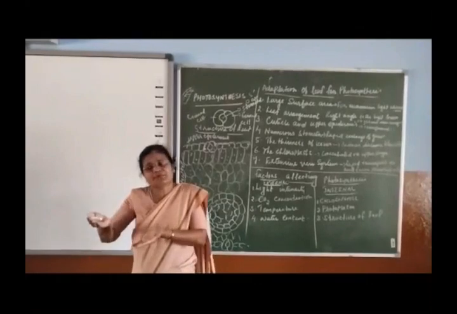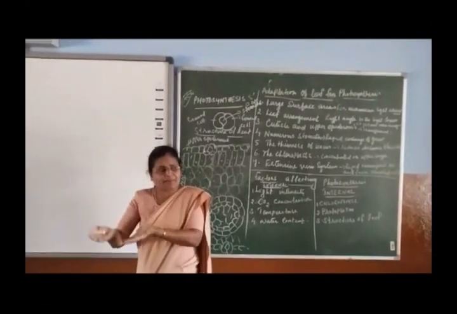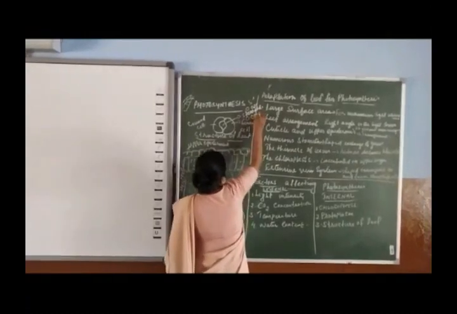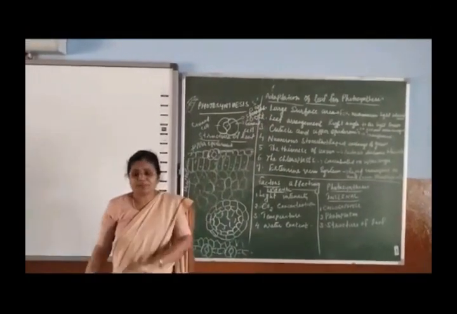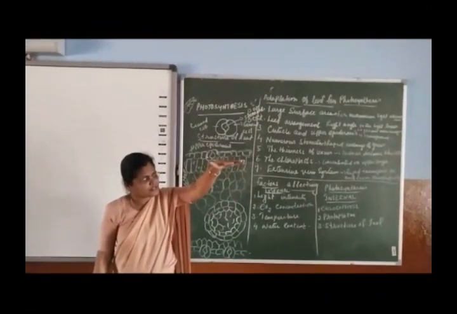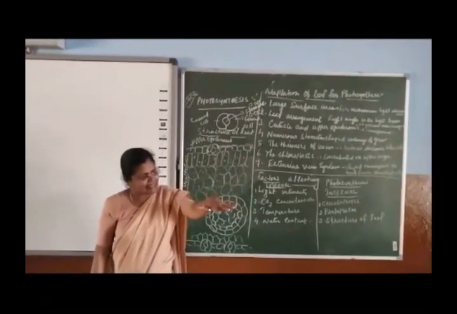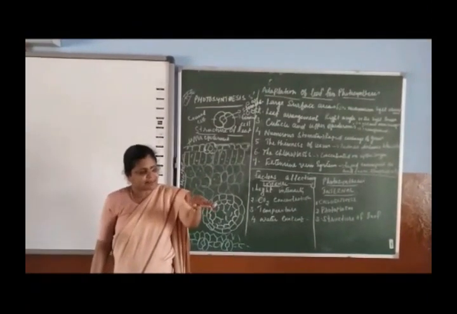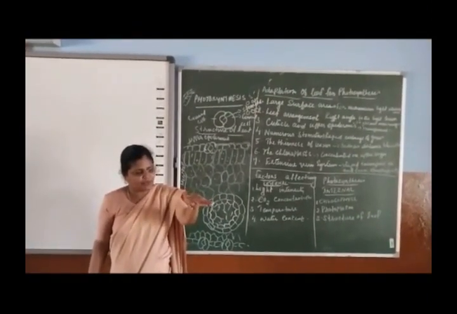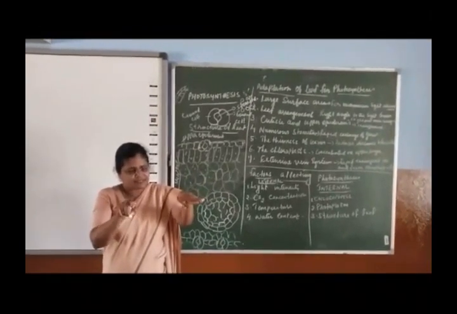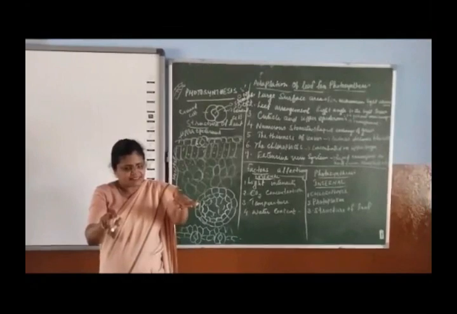Now that goes up to the availability of carbon dioxide to 0.05%, which is called the saturation point 2. Which means the rate of photosynthesis keeps on increasing with the increase in the light intensity. At a point it gets stabilized, which is called the saturation point 1. At that point the carbon dioxide available is only 0.02%.